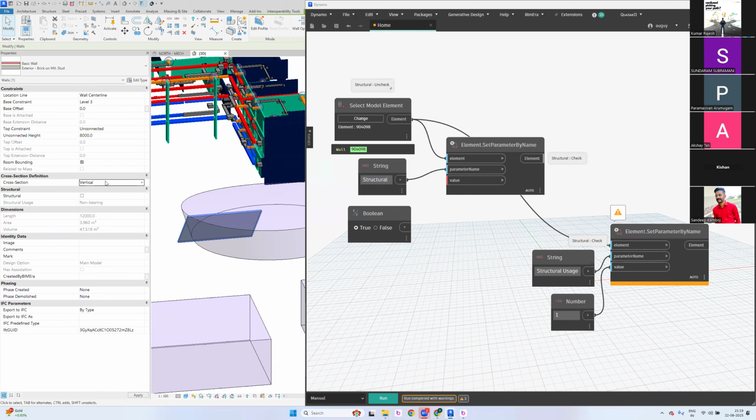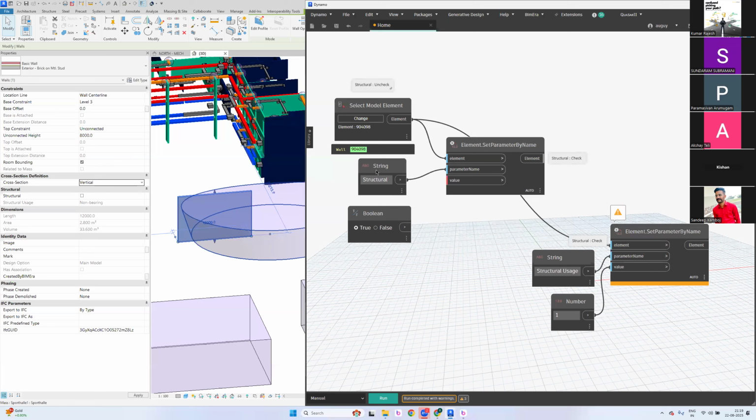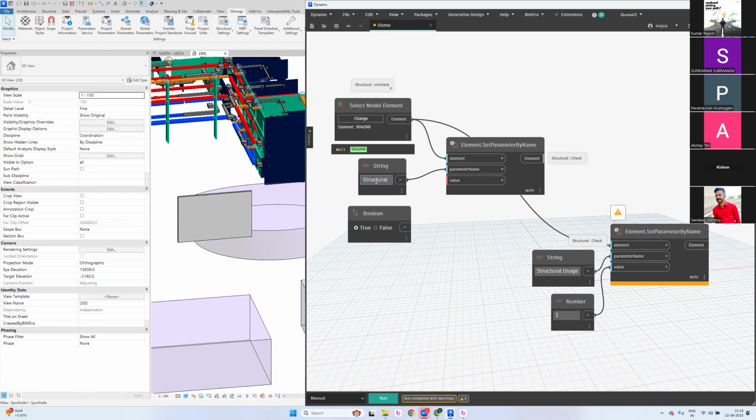Yes, these two. Actually, this is a hidden parameter. We know there is a parameter called angle from vertical, but if I'm playing with the same element, the wall, and I'm asking for angle from vertical, and I use a number,